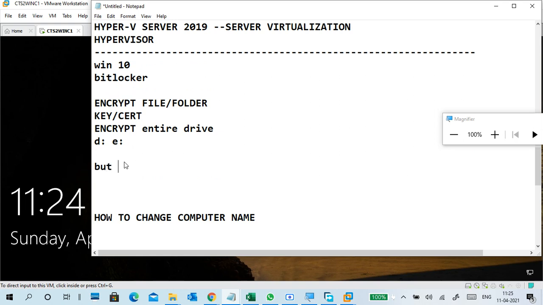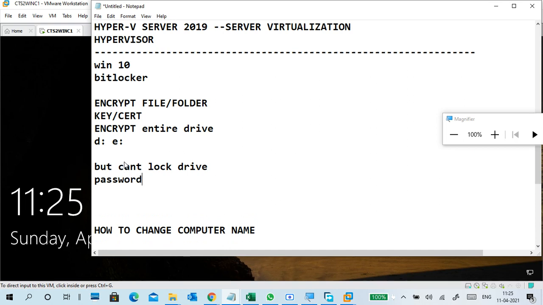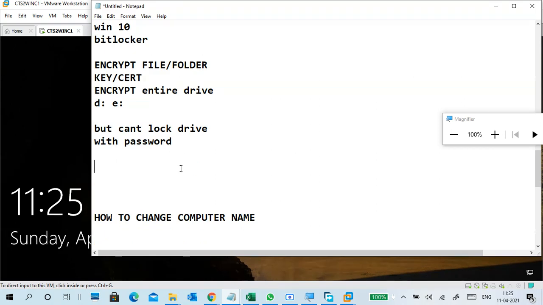But we can't lock the drive with a password using encryption. Lock means lock with a password. We are only preventing access by unauthorized users.